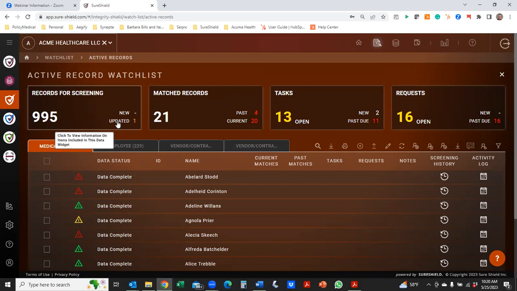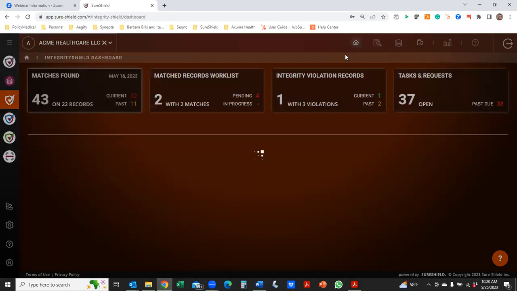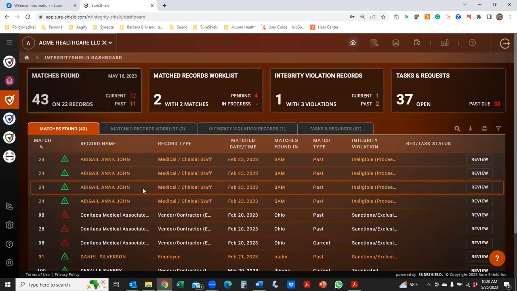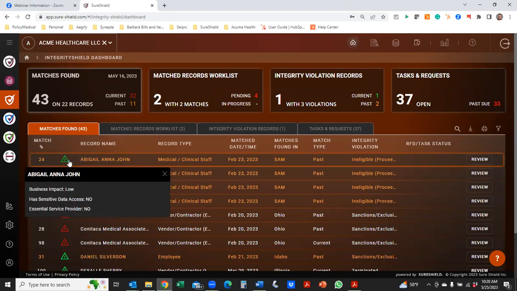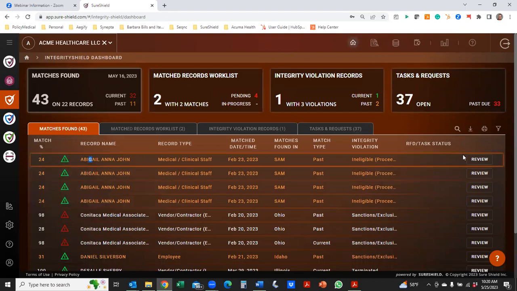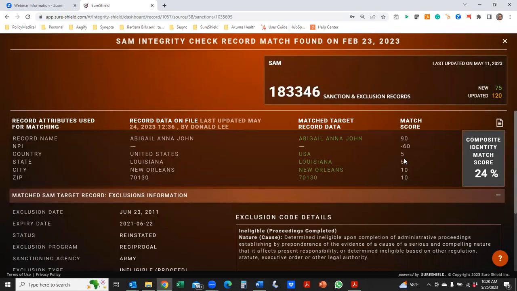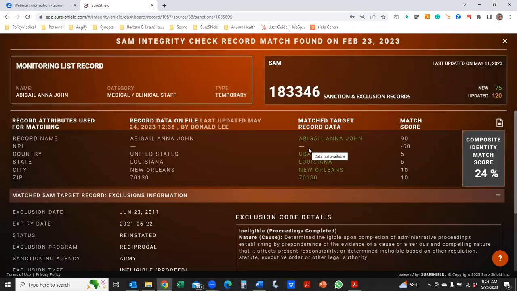There was recently one that was just updated. Match records would show those that have current and past sanctions on them. And again, that's just going into those lists to look at that as well. But coming back to the home page here, if I were to have someone that matched and showed up on that record, if I click into that particular record, you're going to get information on specifically what was the match, what was the particular exclusion list that they showed up on. So you can see in this case, it was the SAM.